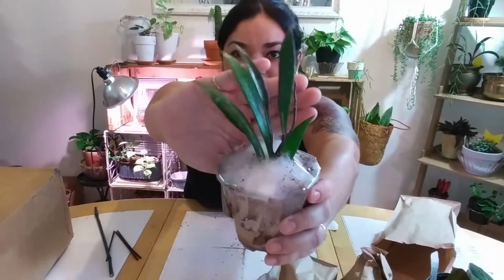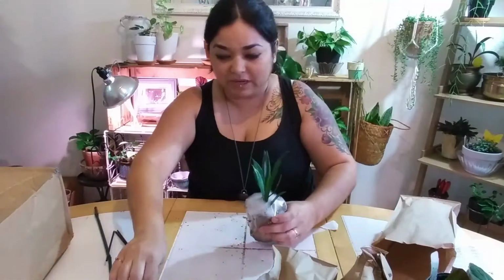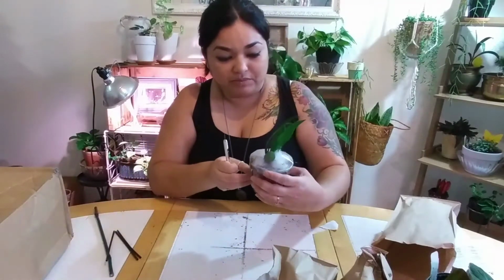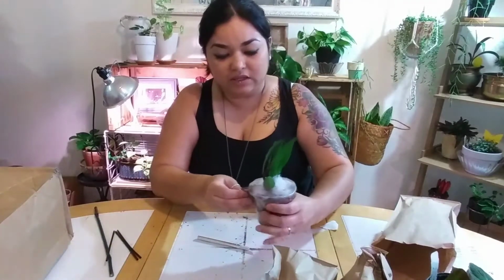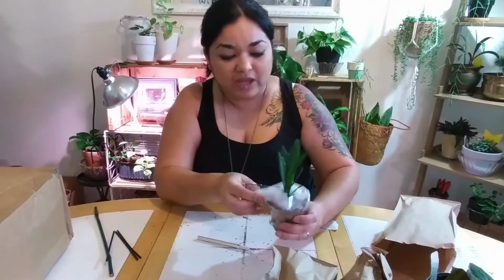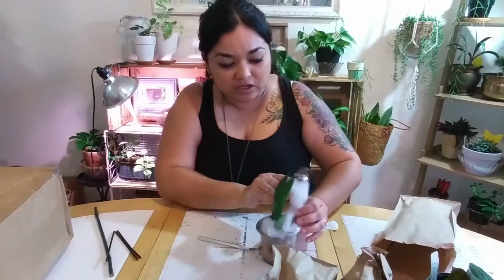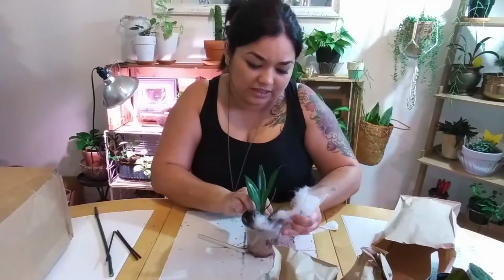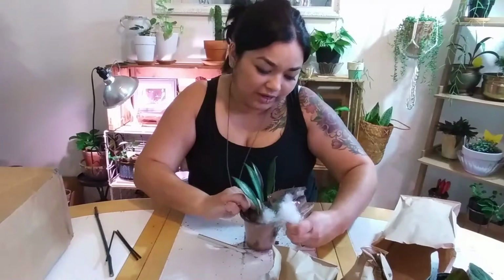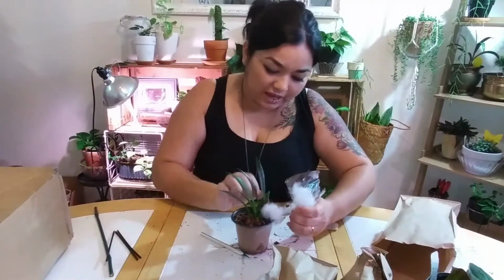So I ended up paying $10 for this. I have a lot of Hoyas in my home, but I don't have this particular one, and I keep seeing the big influencers on YouTube, and they always talk about this particular Hoya. And when I saw that she had it at such an affordable price, I said, you know what, why not? So right now I'm removing the tape, and it has,